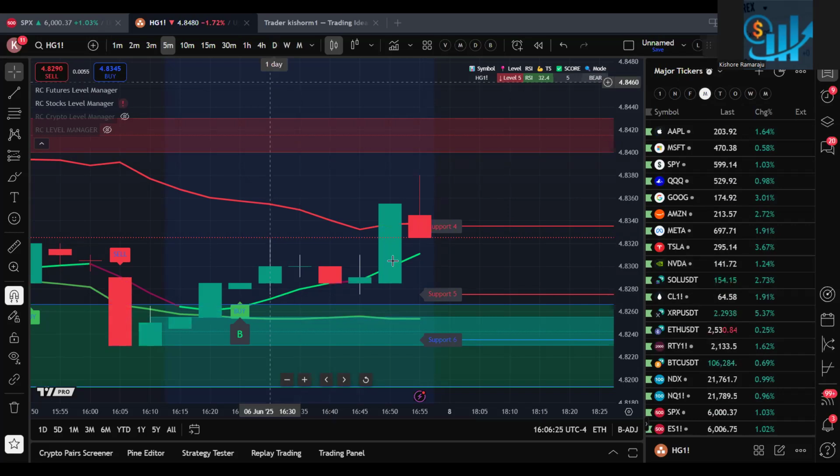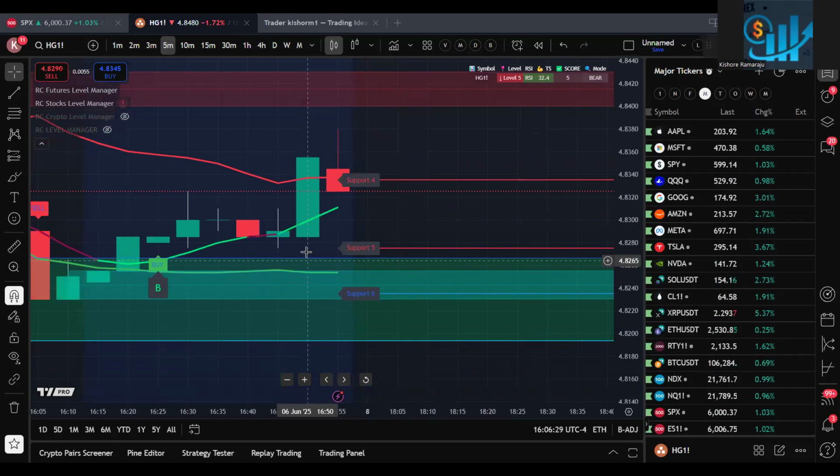Always you can go to daily, check where the magnetic level is. If the open and close are above the magnetic area, that is the best buy opportunity. Only focus on buy. If the open and close are below the magnetic area, only focus on the sell signals. If the open and close are very close to the magnetic area, that means it is a doji or it is a very choppy day, then better you don't take any trades on the next day, or you wait for